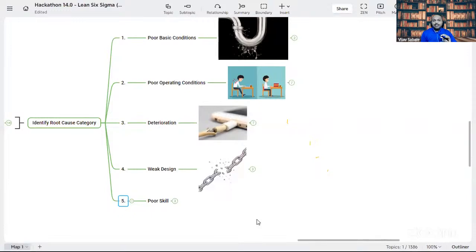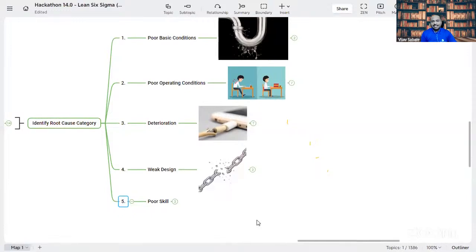But the biggest mistake I have seen in many root cause analyses is directly starting with poor skill, right? They're not thinking about what could be wrong in one, two, three, four. They directly start with poor skill, and you can see the countermeasure is always the same: operator training is provided and the problem is considered solved. It's not going to solve the problem. Why? I'm going to cover that in the countermeasures as well, right? That's our third element. Now let's come back to this element and talk about poor skill.